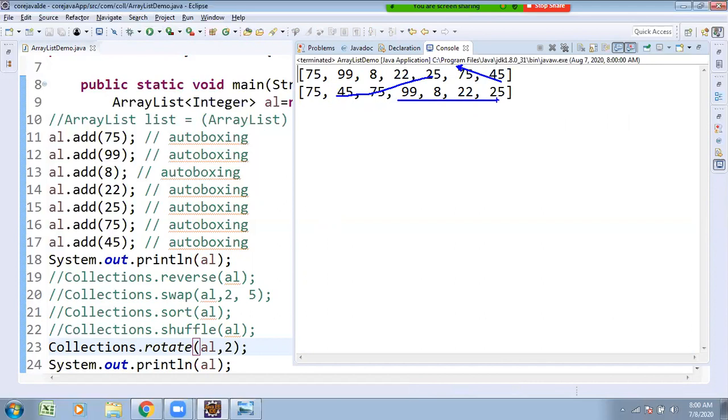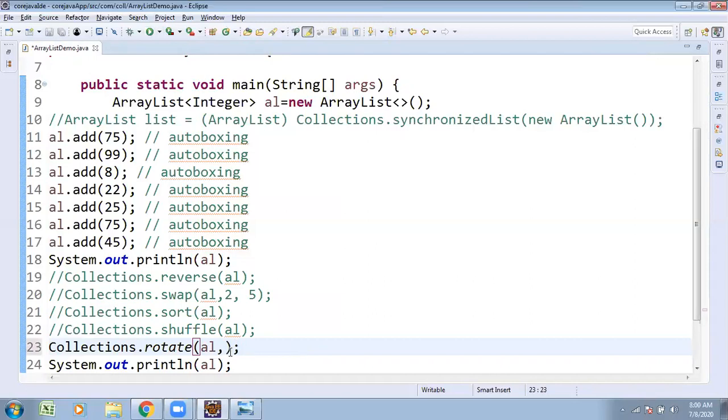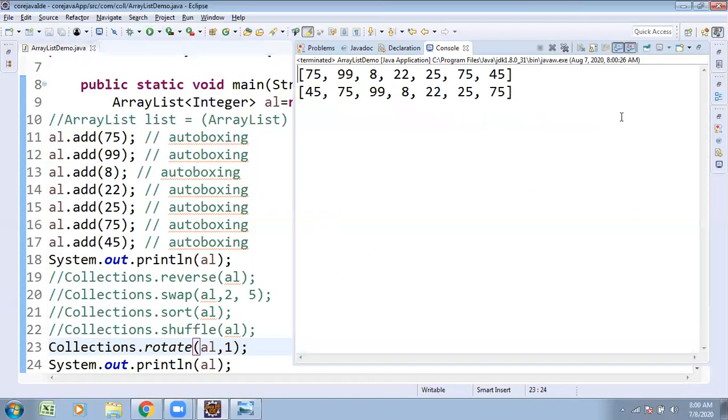So rotation based on 2 positions. Suppose I wanted a 3 position shift. Or a 1 position shift: 45 is shifted, and the remaining things are as they are.